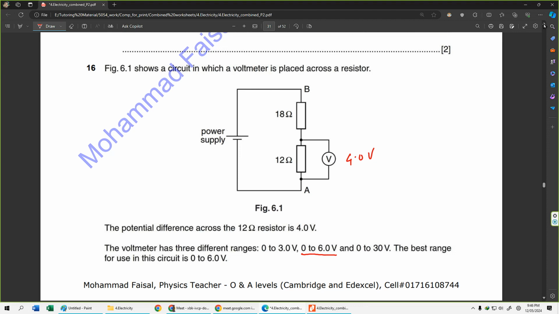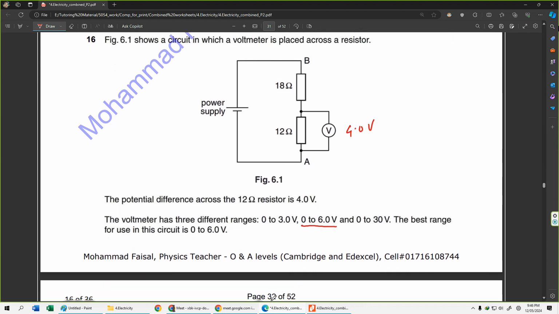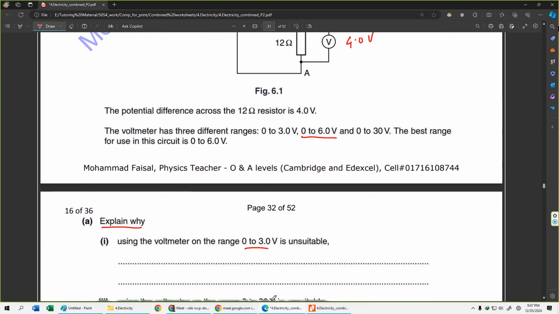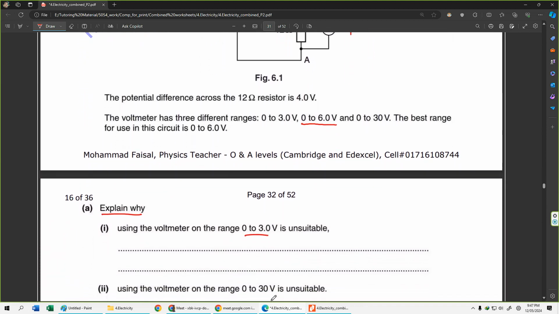Why is this information necessary? Well, first thing first, if you look over here, you should see it pretty obviously that for this question, explain why using a voltmeter on the 0 to 3 volt range is unsuitable. Do you understand why this is unsuitable? এটা ইউজুয়ালি সবাই পারে।